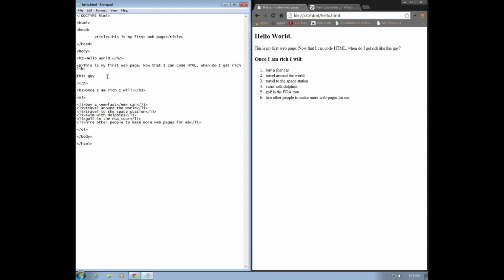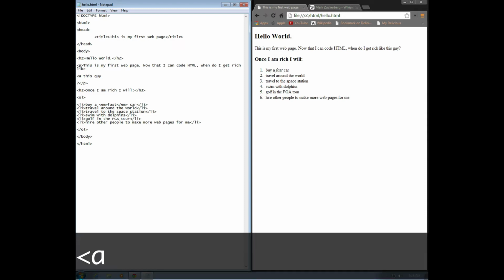Before the link text, I need to start my link tag. And the code is A. A is short for anchor, and I'm not sure where that comes from originally, but the code for a link, an HTML link, is A. The other thing that we have to tell the browser is not only that this is some link text coming up, but where does it link to? So where I want it to go to is, let's say, href equals,